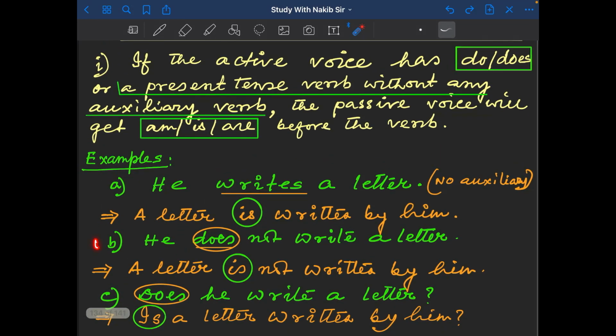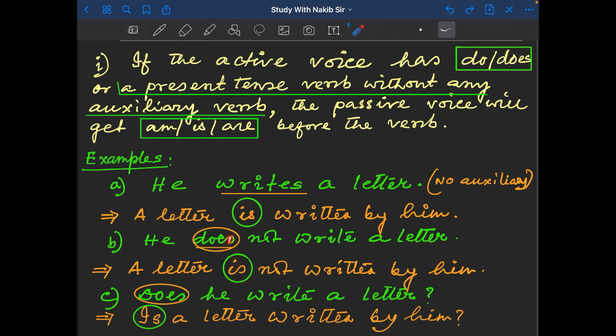Number 2, see, he does not write a letter. You have got "does". Does means "is". Does in the passive voice is equal to "is". So a letter is